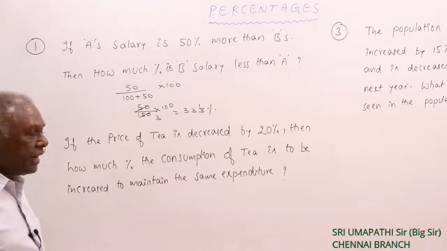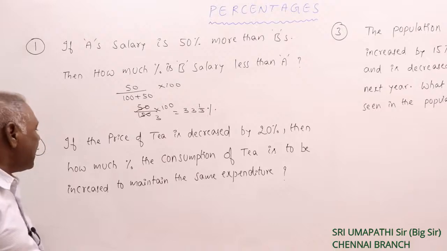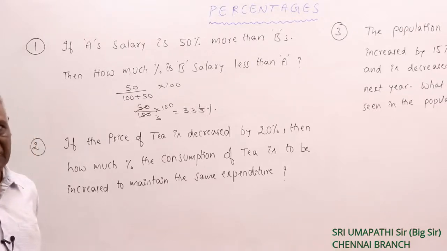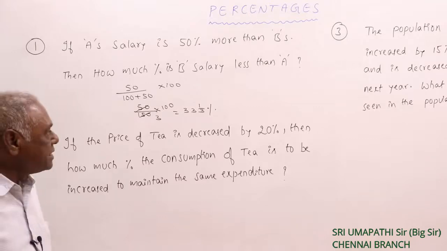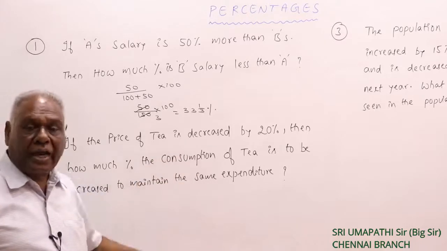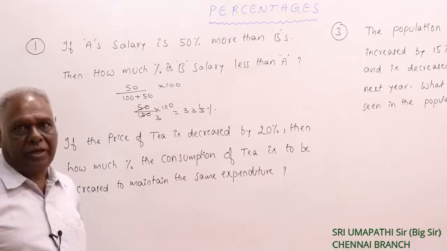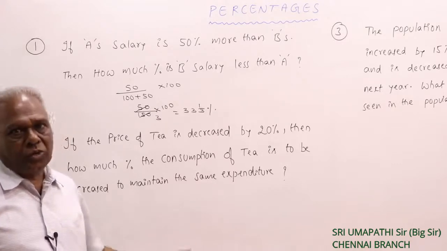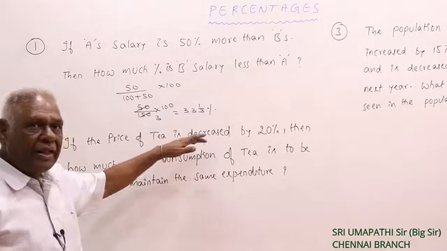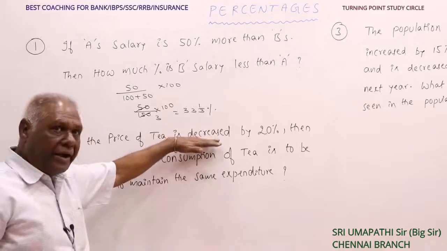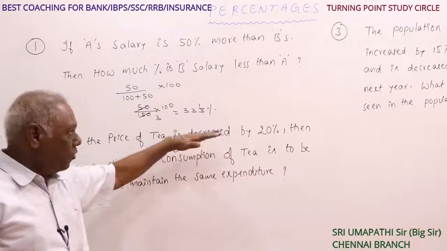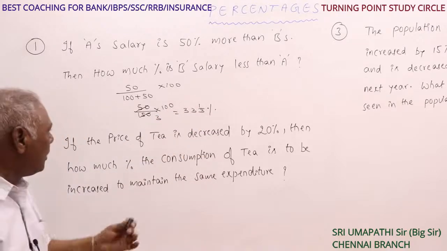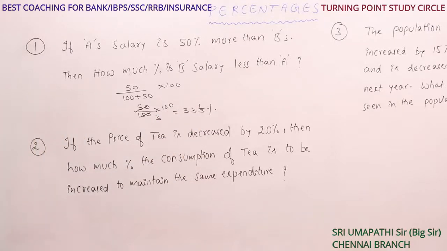Here, given is decreased and what is required is increased. What is given, it must be taken into consideration. So as the decrease is given, we have to take R by 100 minus R into 100. If increase is given, R by 100 plus R into 100. As what is given is decrease and asked is increase, what is given must be taken into consideration. So it is equal to R by 100 minus R.